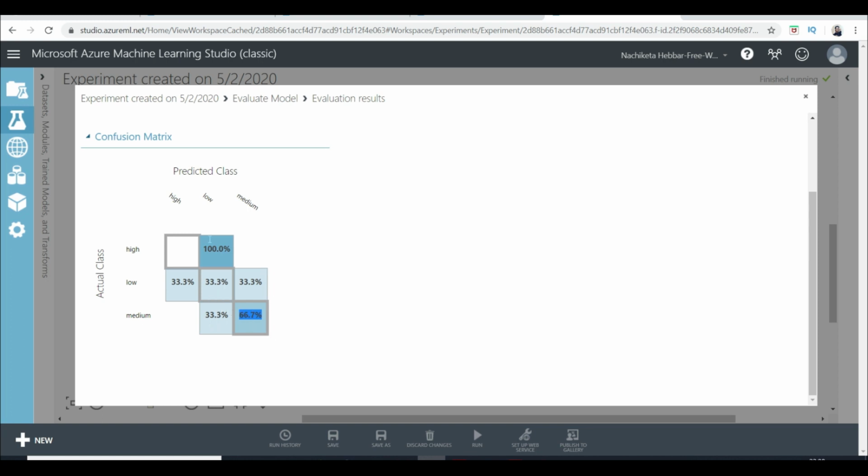33% it is classifying as low. So as a data scientist, you'll have to look for a bigger data set, right, and vary the input attributes, and maybe vary the machine learning algorithm as well. So this was not about how to get a good accuracy. This video was basically how to create a machine learning model, right, the entire workflow.